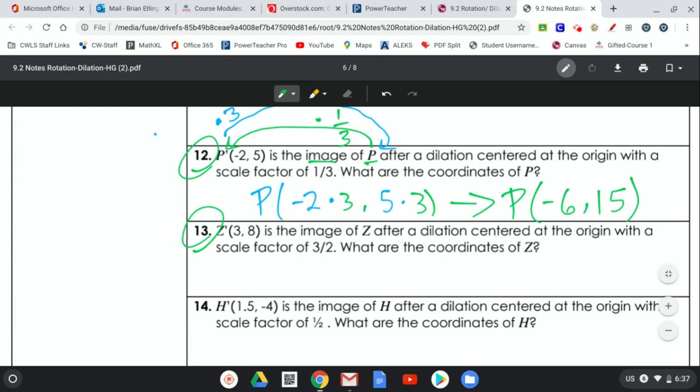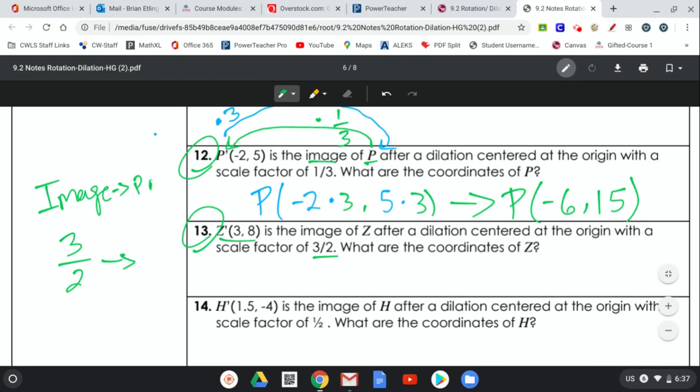All right. So let's look at number 13. It tells you that Z prime is at 3, 8, and it is the image of Z after a dilation centered at the origin with a scale factor of 3/2. So we're going to take 3/2 and find the reciprocal, because again, we're going from image